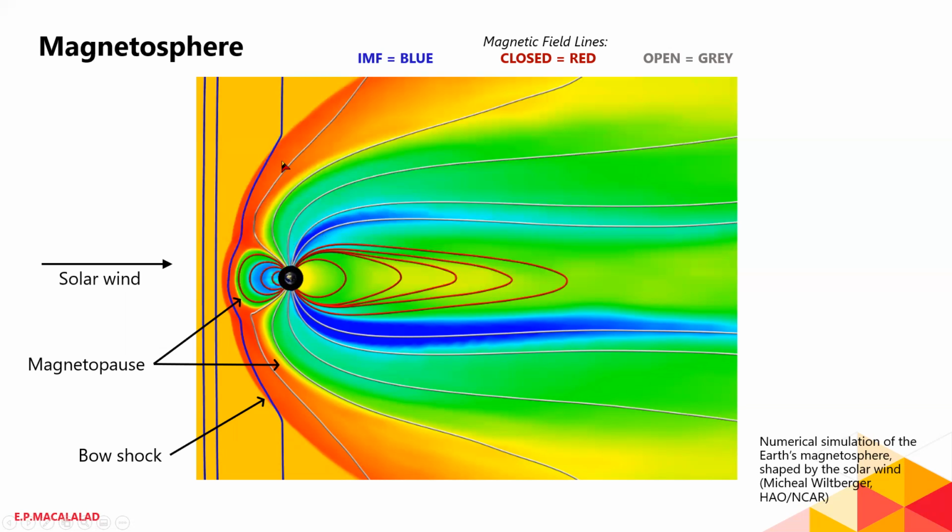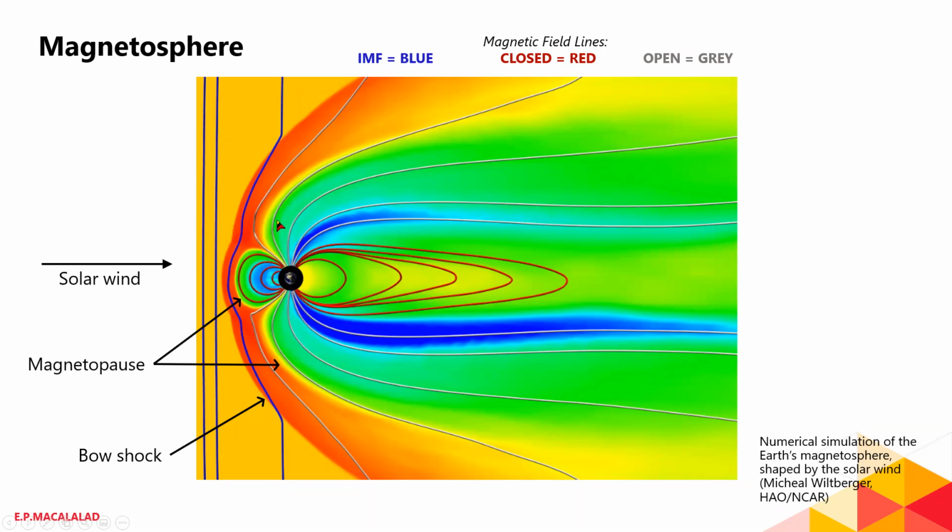On the poles, because it's skewed, the pressure is skewed with respect to the solar wind. So that means this is a bit farther than the day side. In fact, typically the polar side of the Earth is about 15 Earth radii in distance. So this is about 15 Earth radii. This is 15 Earth radii.